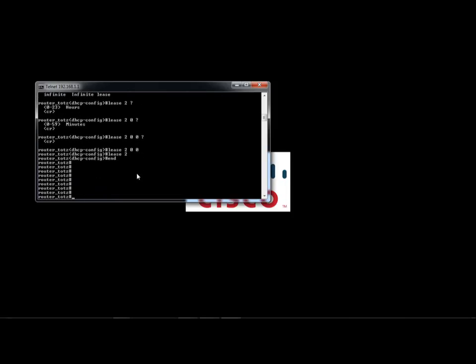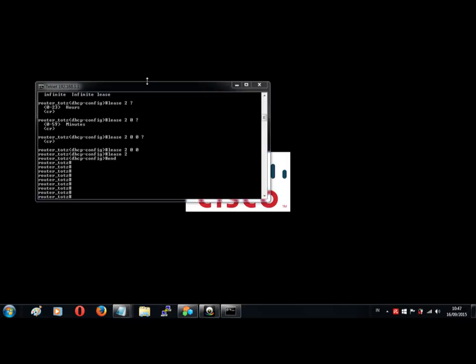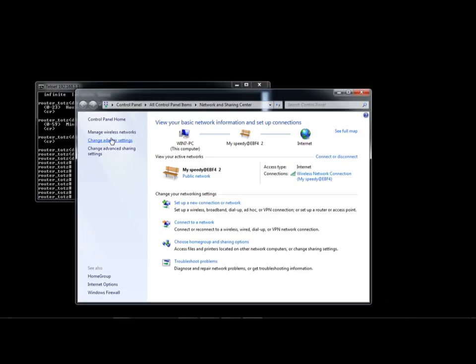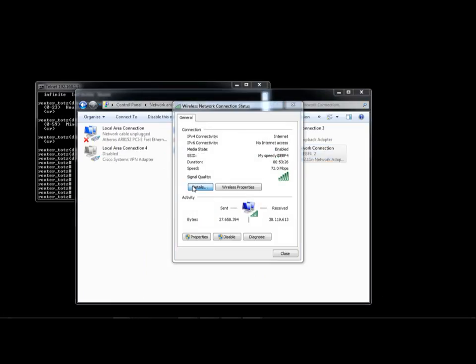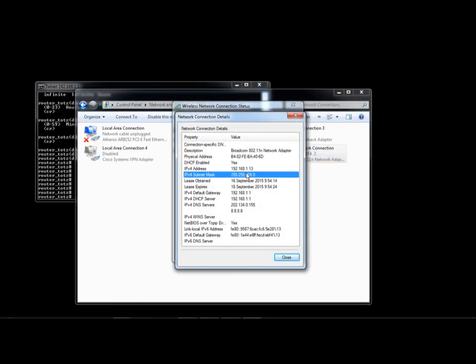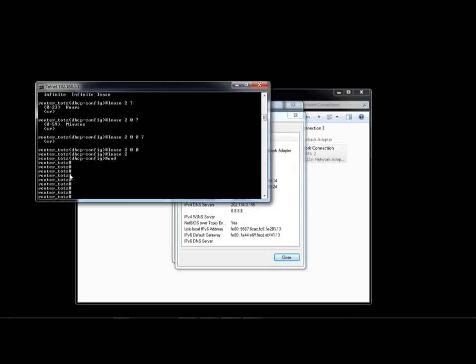So now I have a host here connected to my router, with address 1.13. So show ip dhcp binding.